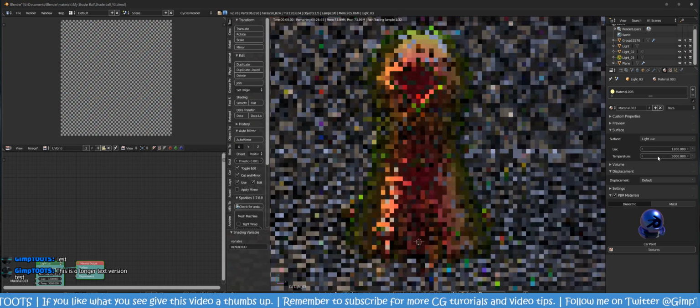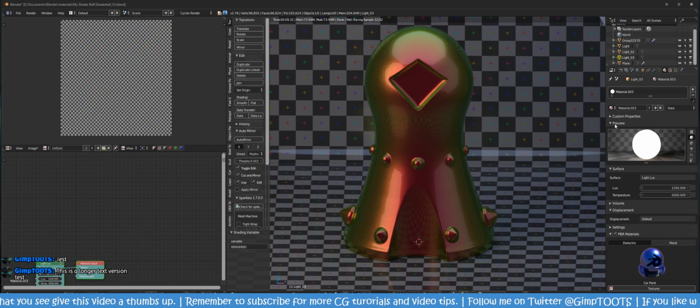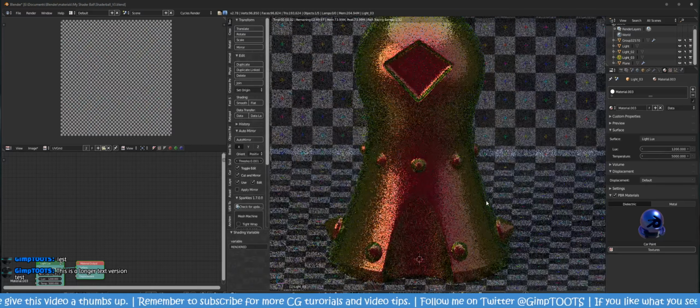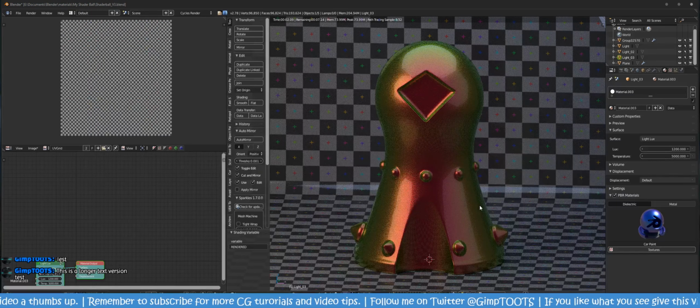Try 5,000. Make that less yellow. There we go. I think that looks a little bit better. But yeah, let's see. The website was